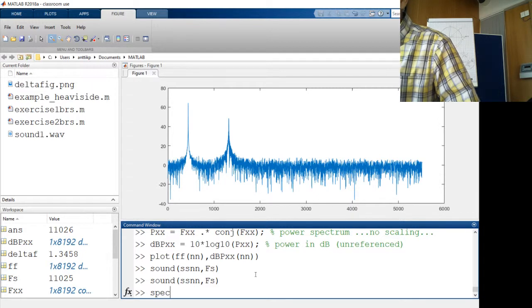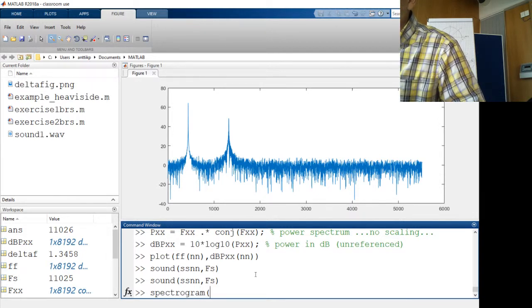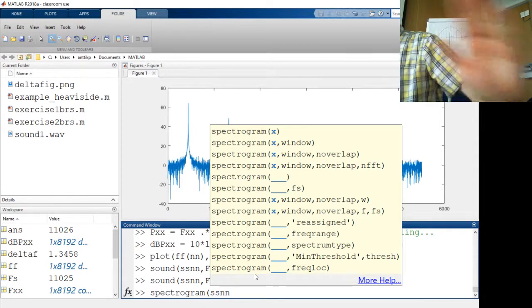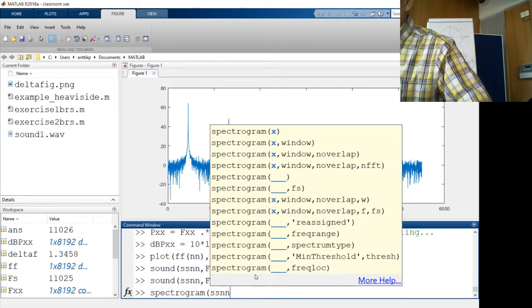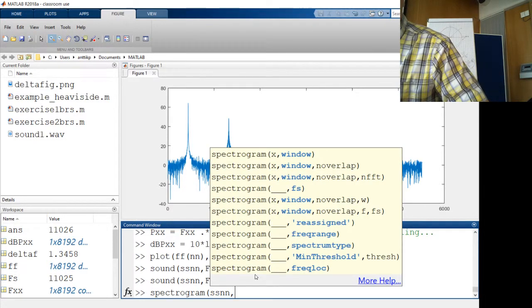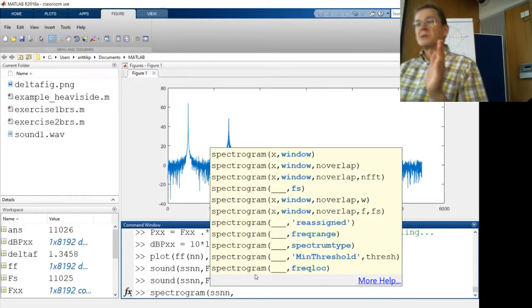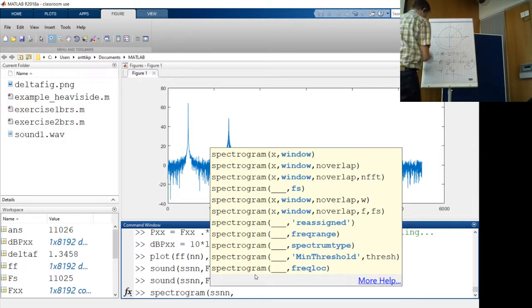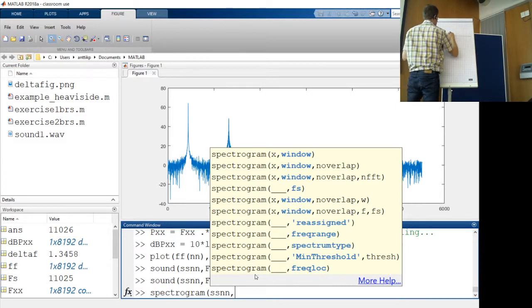But let me calculate the spectrogram of my signal SSNN. I do the whole signal now. I don't want to just take the 2 to the power something. Then window size, meaning how many samples you take from that big sample. So basically what a spectrogram does is it goes through the signal step by step. So if we have a full signal here, it takes a region of interest, which is the window size,